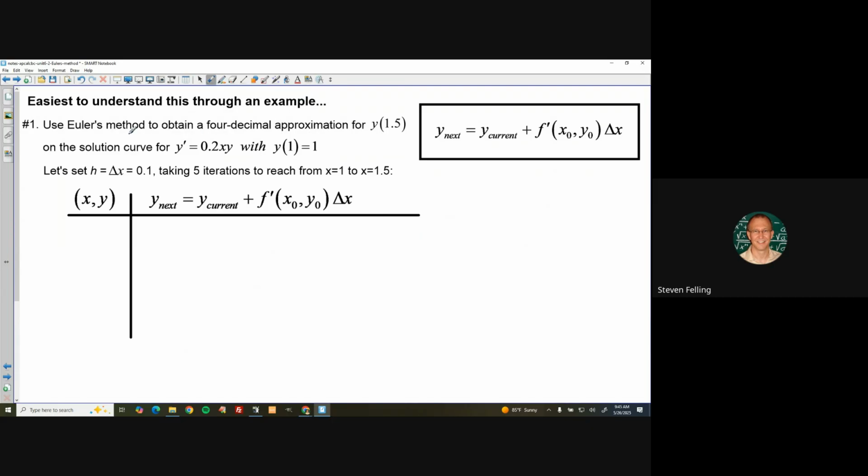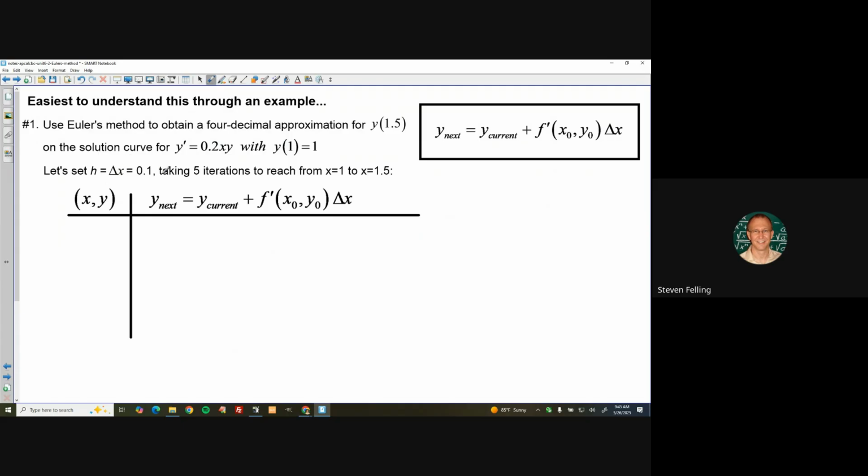Okay, so this problem says use Euler's method to obtain a 4-decimal approximation for y of 1.5 on the solution curve for the differential equation y prime equals 0.2 x times y with the initial condition y(1) equals 1. Okay, and now this one says,